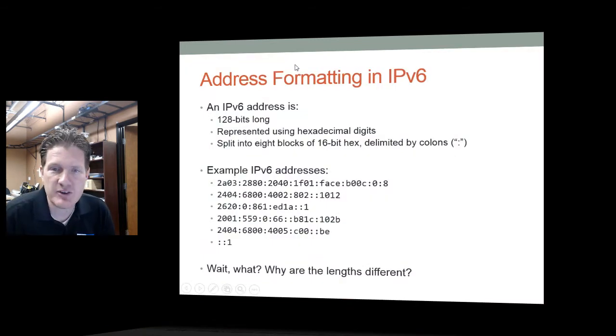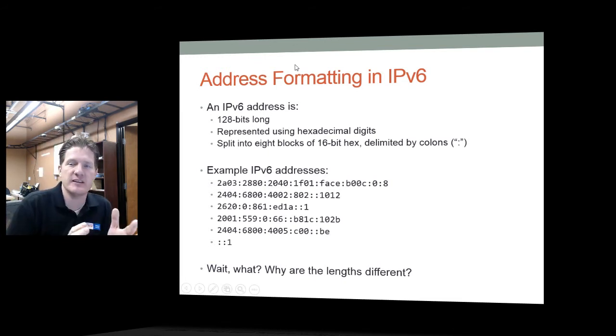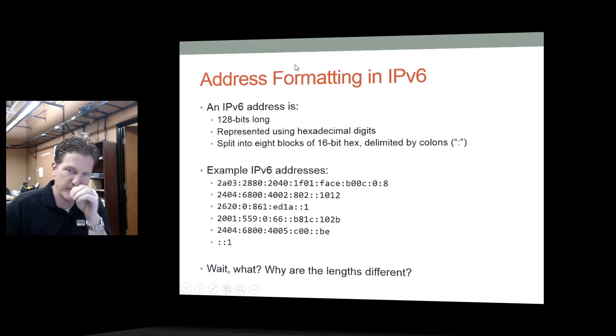Well, first off, the address format is 128 bits long. It's represented using all hexadecimal. The number would be just too long to represent with binary. And so we basically represent it in hexadecimal, and we separate it into 8 blocks of 16-bit hexadecimal characters that are separated by colons. So as you can see here, this 2A03,